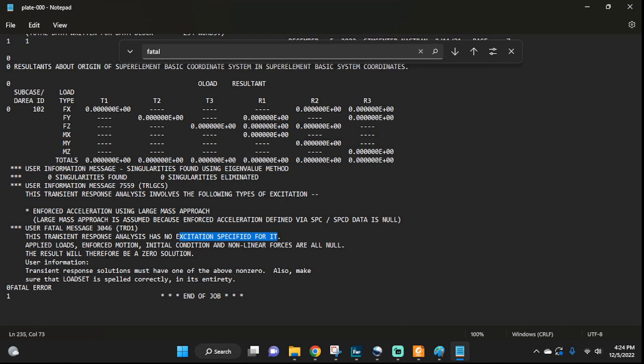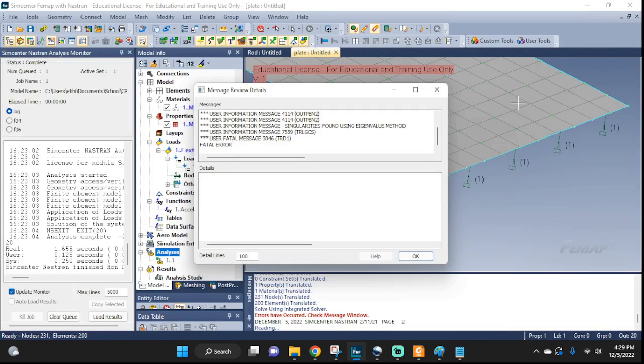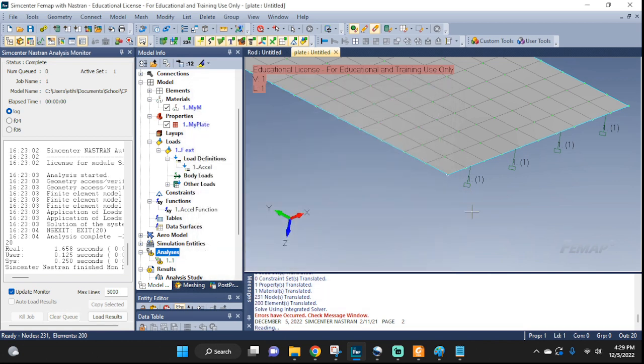The result will therefore be a zero solution. Okay, right? Interesting. Did you guys understand anything from that? So the main sentence is kind of this one, that there's no excitation specified for the situation, so it cannot run. Well, actually we did specify an excitation, we just forgot to constrain the direction along which it needs